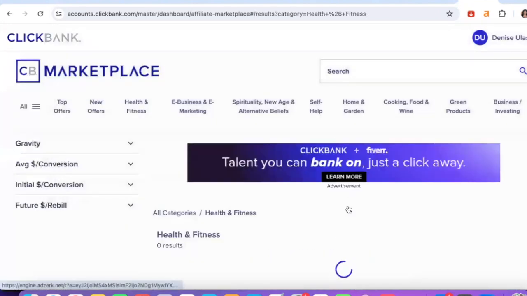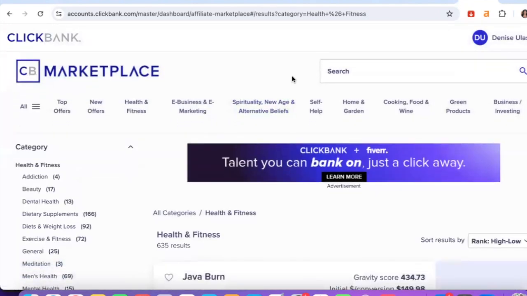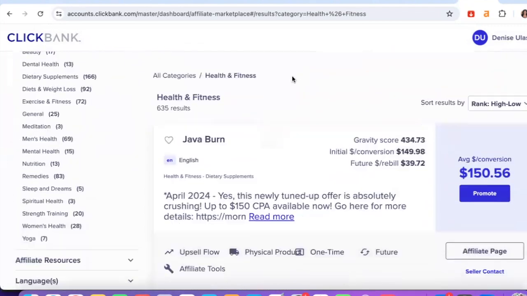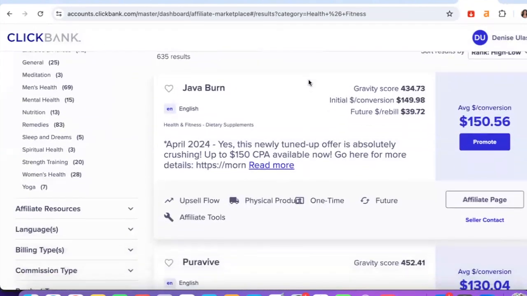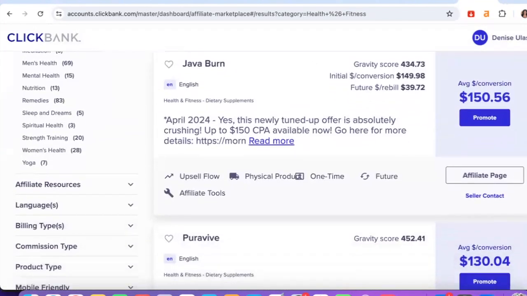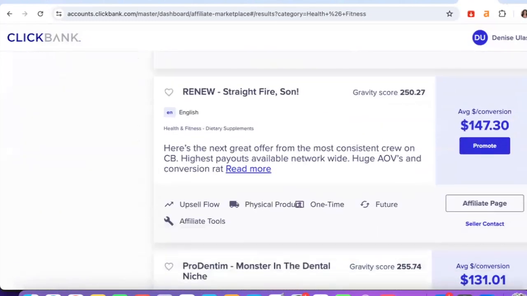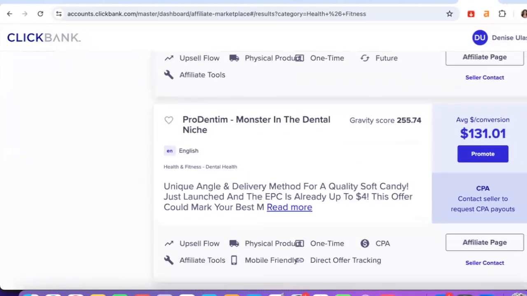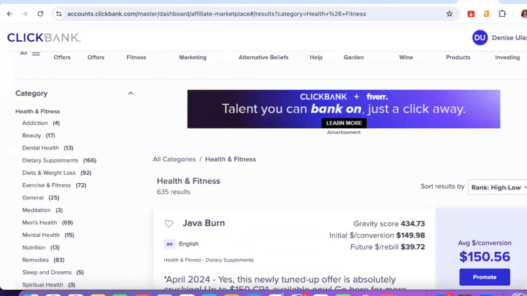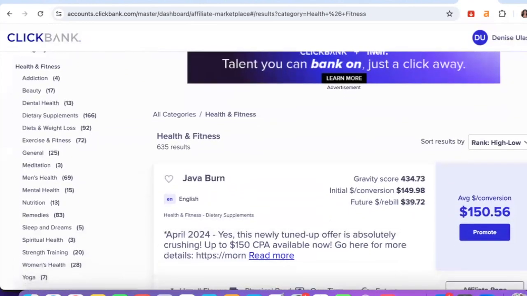We go for health and fitness, guys. Then what you want to do is find a product here that you are going to be promoting. Remember, these are not your products, which just makes it super attractive, and you can actually get started with this platform for free. So let's take a look at the different products, and you just want to go with a product that obviously resonates with what you're trying to sell.